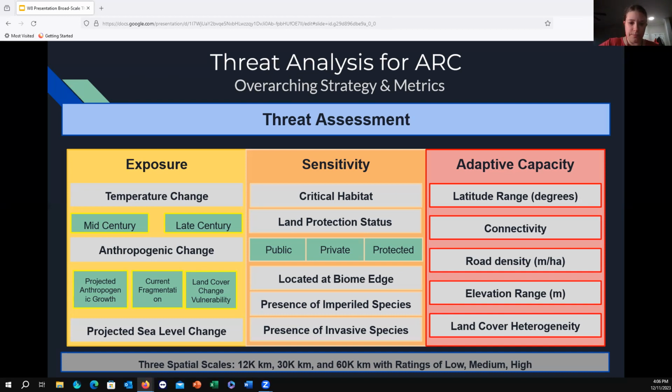The three criteria will allow a decision matrix to be created to assess the threat level of each PARCA, as well as grouping PARCAs by similar attributes will allow identification of PARCAs existing along the same temperature gradients to help identify areas best suited for establishing insurance populations by translocating species as their habitats become uninhabitable.